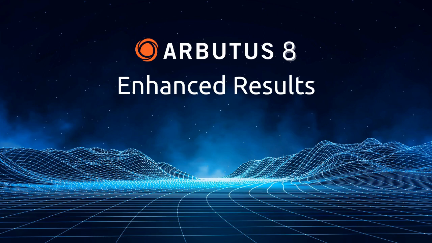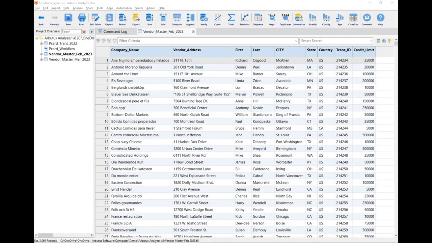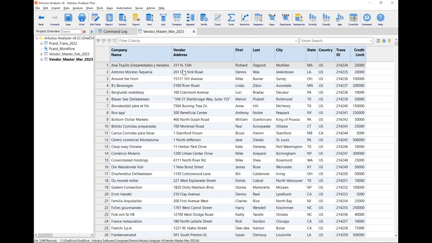Next, let's look at a new feature called Enhanced Results, which basically makes it easier than ever for you to visualize your results as you're working with your data. So here, let's say as part of our vendor management program, I get a data extract on a monthly basis from my vendor master table, and I want to quickly compare them and identify any potential changes, additions,